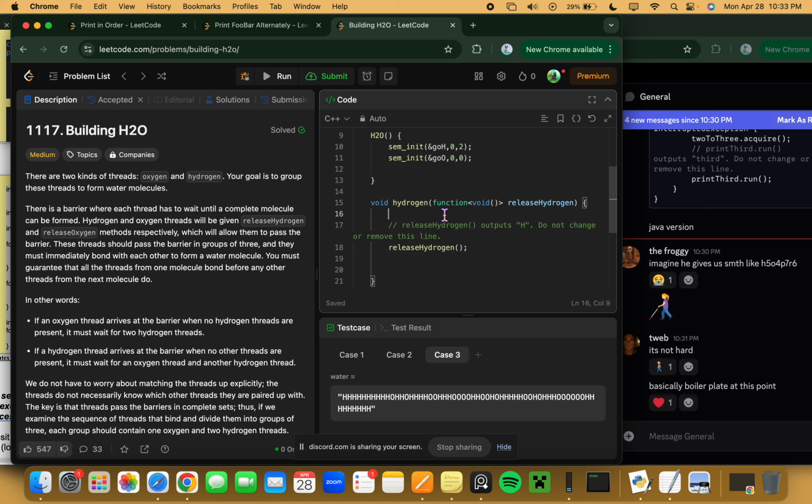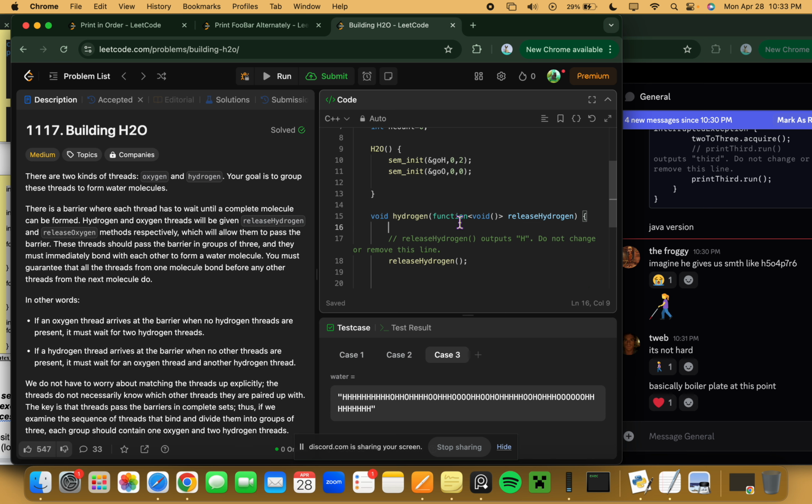Okay, so we know that hydrogen has to wait for it to have a value. Now, we know that initially, yes, it has a value. But when this loops again, we want to make sure that it's prevented from going until it has a value. So we can't have it just interrupt O at any point. Very similar to with foobar, we had a wait and a post on every single part. So just like before, we're going to do sem wait, and this guy is going to wait for his turn,